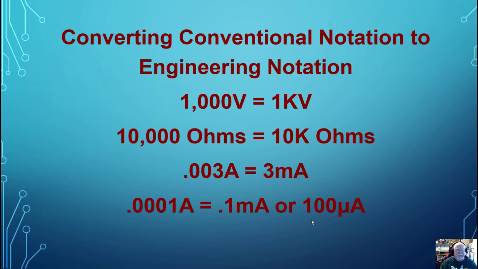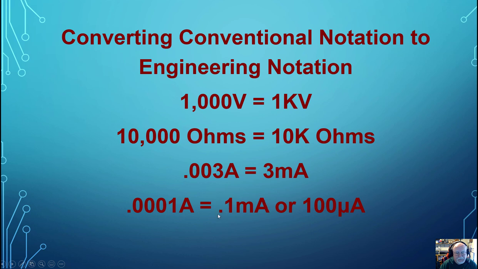Converting conventional notation to engineering notation. 1,000 volts equals 1 kilovolt. 10,000 ohms equals 10 kiloohms. 0.003 amps equals 3 milliamps. 0.001 amps equals 0.1 milliamps, or 100 microamps. Now here, especially with these smaller numbers, a lot of times they'll do this because this